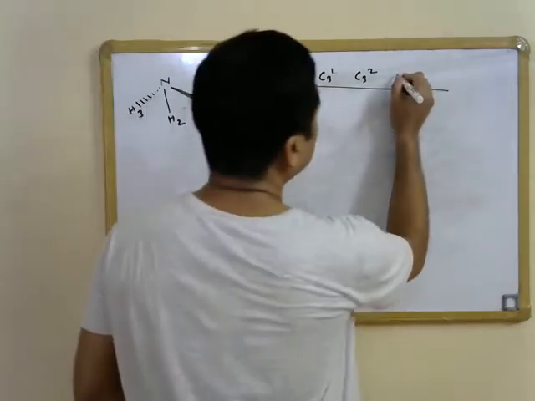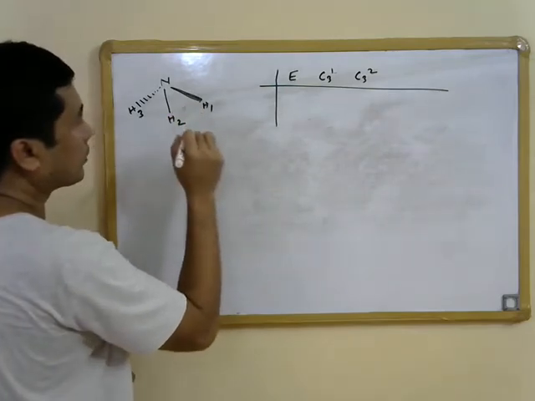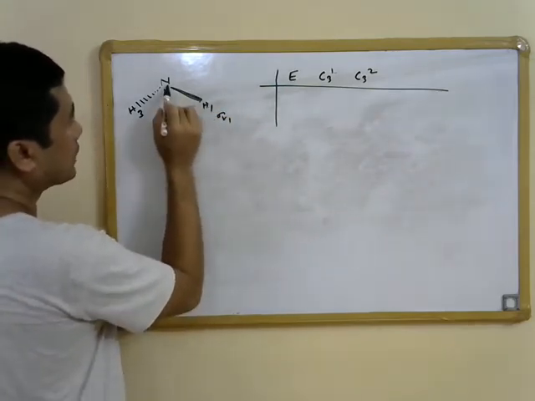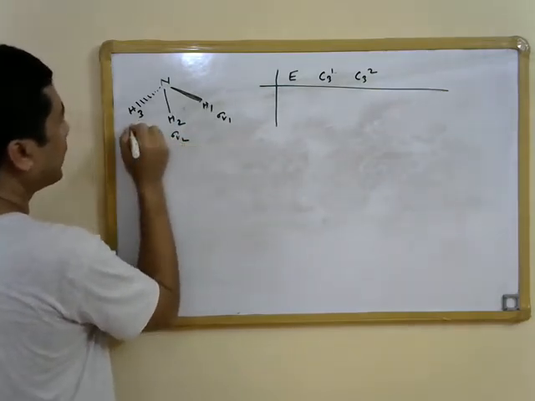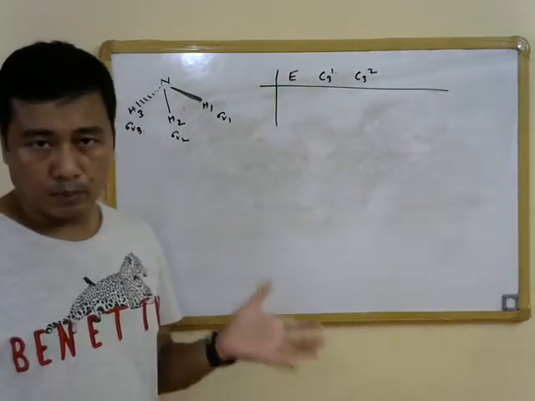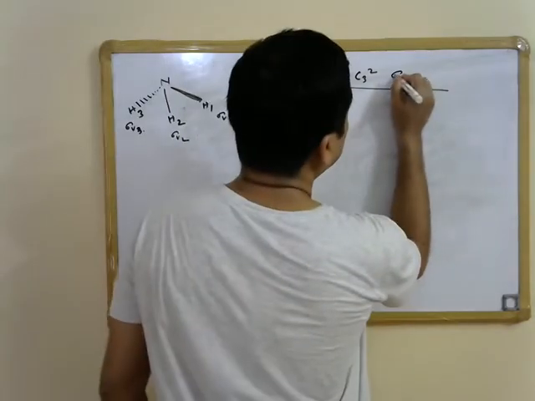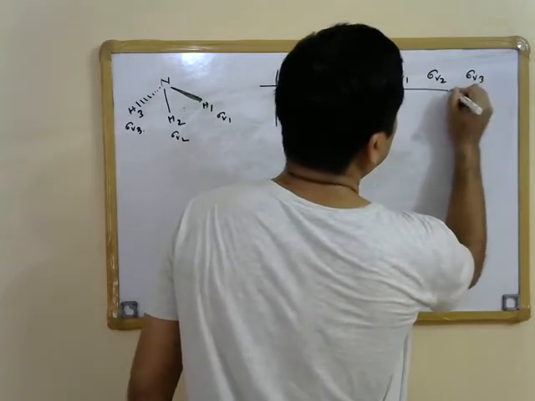And then we have three vertical planes of symmetry. Let's label these planes of symmetry as sigma V1, which contains this nitrogen atom and this H1 atom, and sigma V2 and sigma V3. So this is how we label the three vertical planes of symmetry in the ammonia molecule. So let's label these sigma V1, sigma V2, and sigma V3.